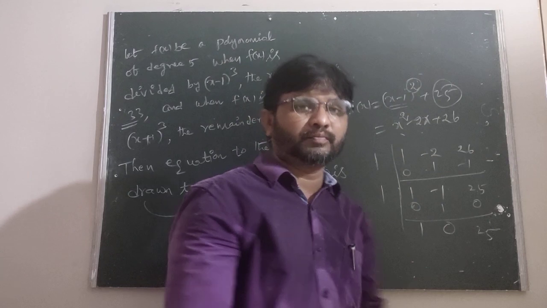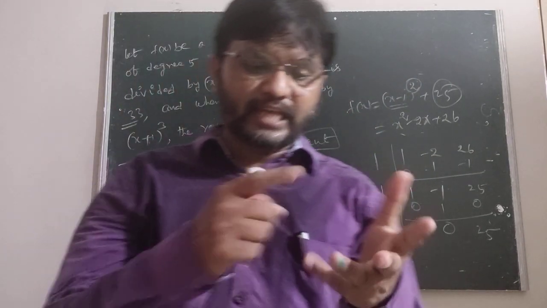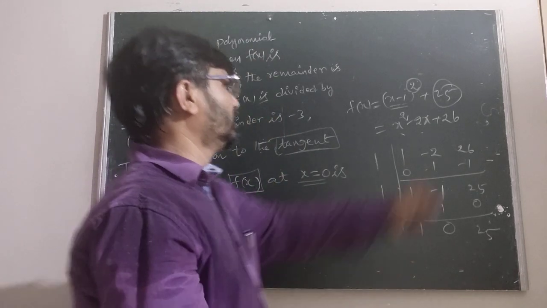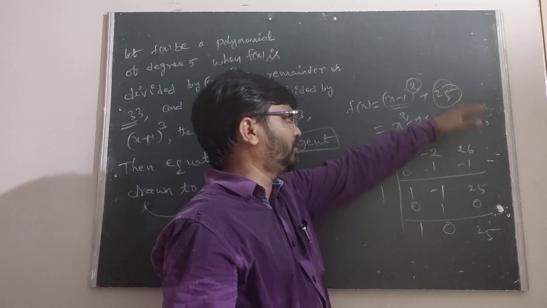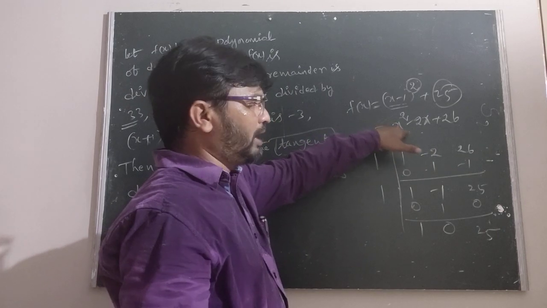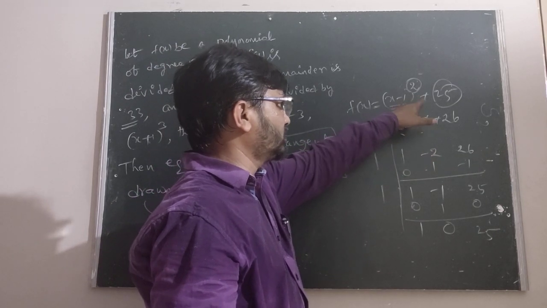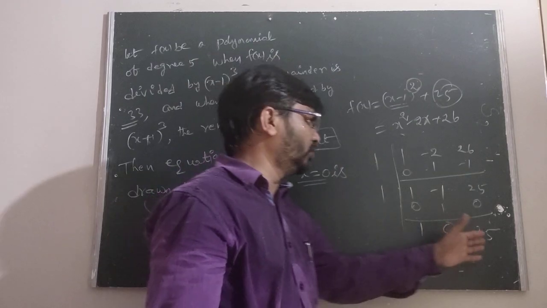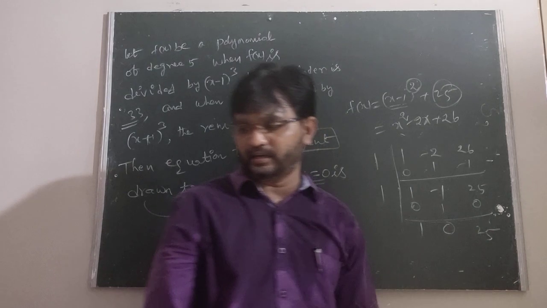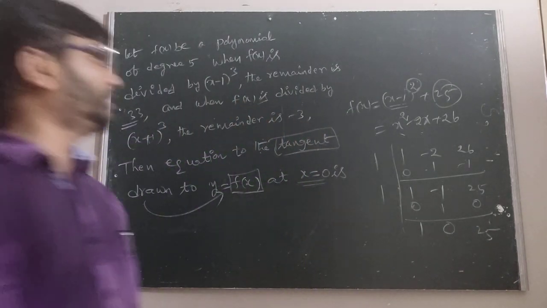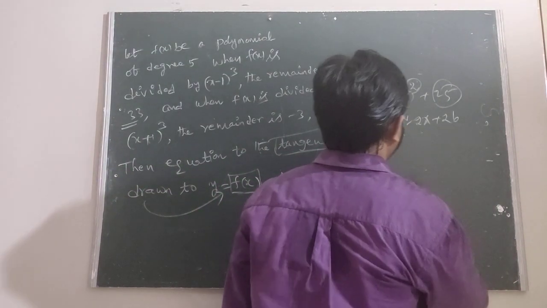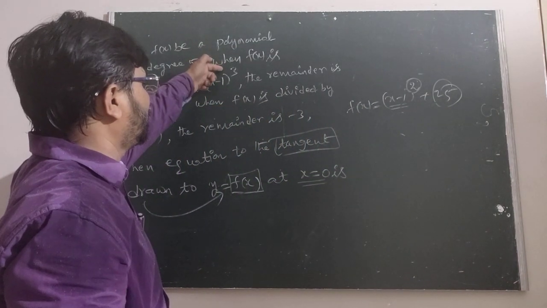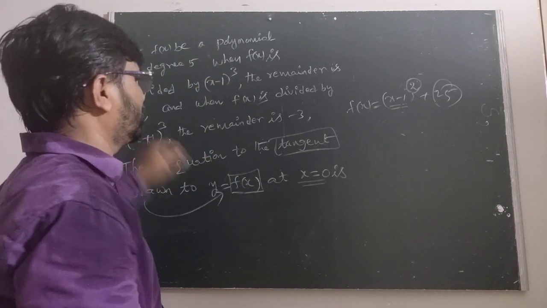After the simplification of (x minus 1) whole cube, we know that x cube minus 3x square plus 3x minus 1, plus 24, after that plus 25. We are getting x cube minus 3x square plus 3x minus 1 plus 25, 24. You are taking like this 1, 1, 1. Undoubtedly you are getting the same constant. Therefore, we observe this is the repeated (x minus 1) whole square. But here it is given that (x minus 1) whole cube, after that (x plus 1) whole cube.